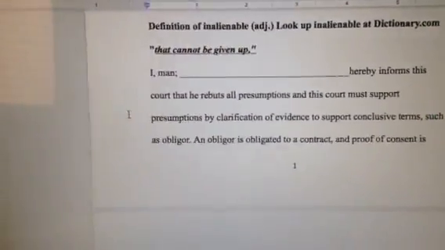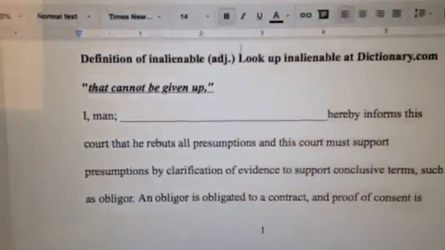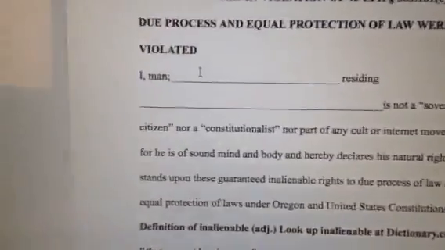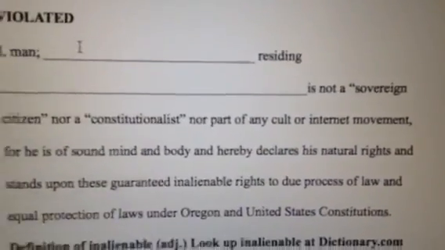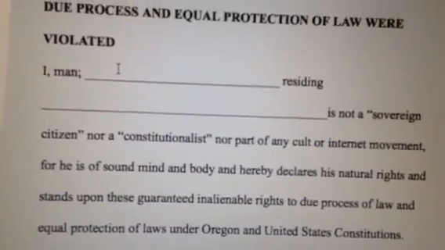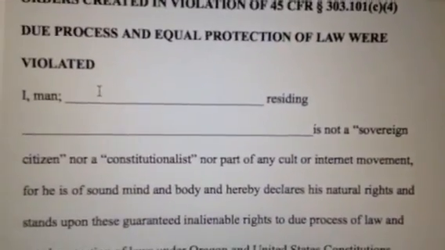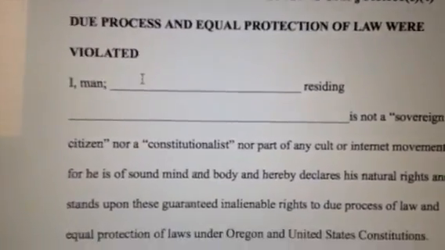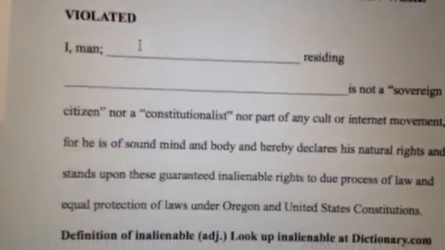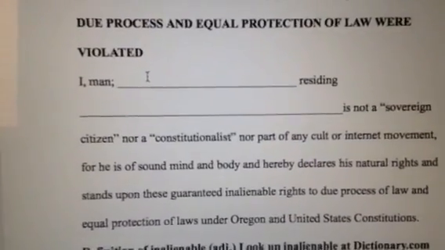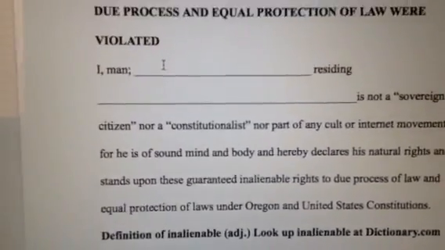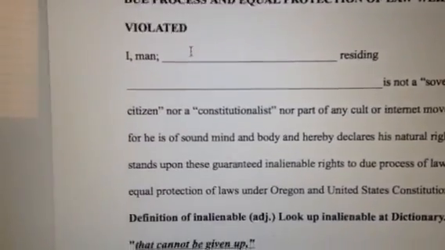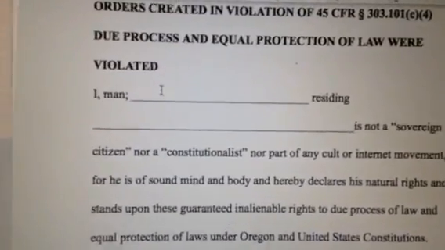So it's going to say, I, a man. Okay, you're going to put your name in here. All right, let me go back here. What I always do is, because these courts, they have these websites like the Anti-Defamation League. They don't like when people like us are not hiring attorneys and we're not playing by the rules. The attorneys are there to protect them. Because attorneys never ask that hard question. The attorneys never demand jurisdiction. The attorneys never say, "Hey, your order's not recorded with the clerk's office." They don't want to be bothered. They're there as a protection to protect these people.